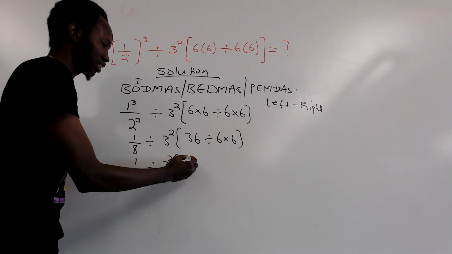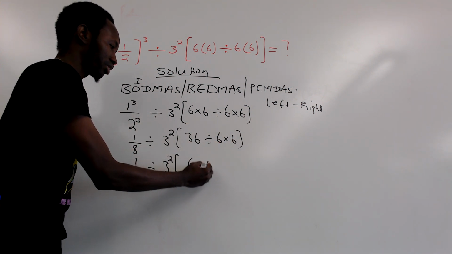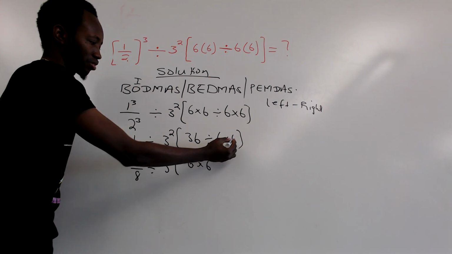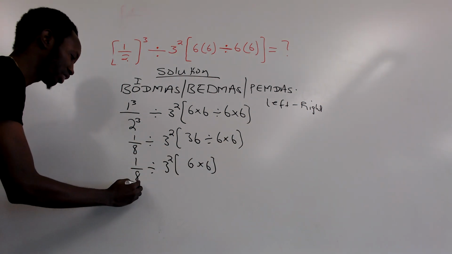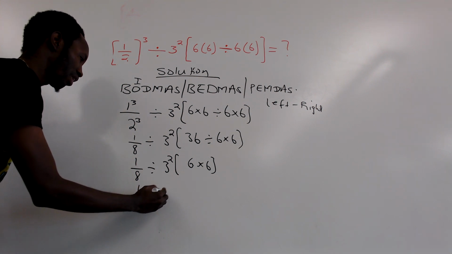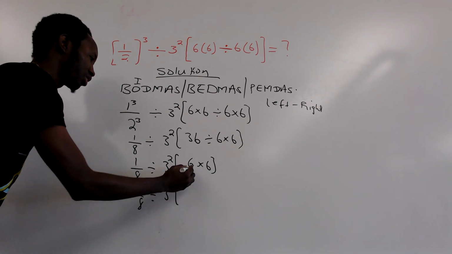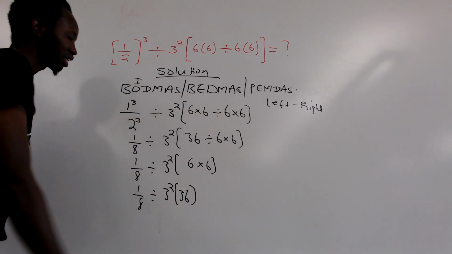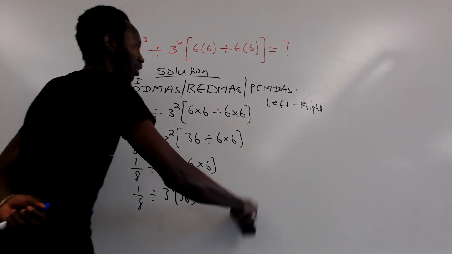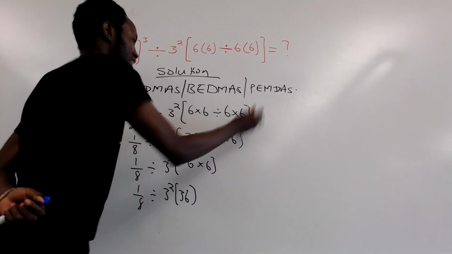36 divided by 6 is 6 times 6, because this divided by this is 6, and we write this. Our target is to remove the bracket. So we maintain this again, divided by 3 squared times 6 times 6 is 36. So this set of numbers has been broken down to 36. So if we move again,